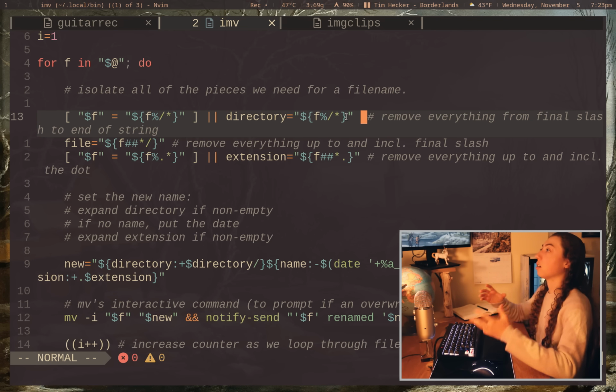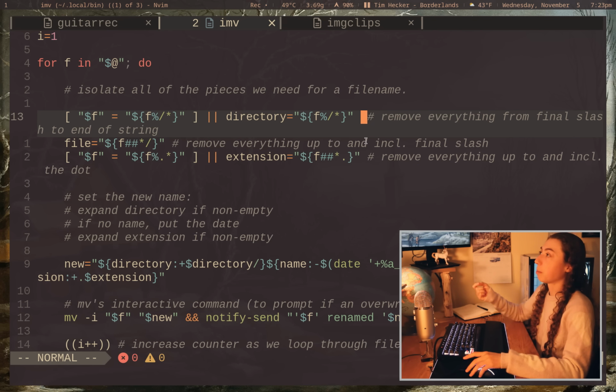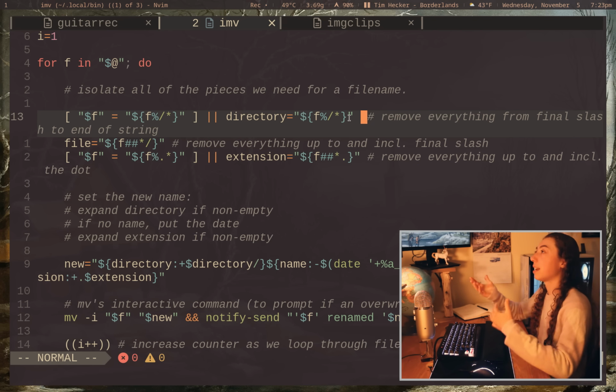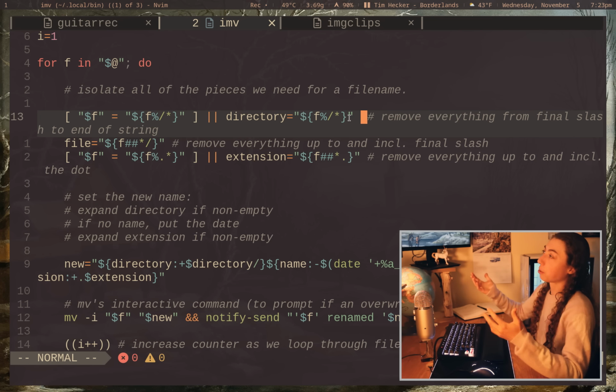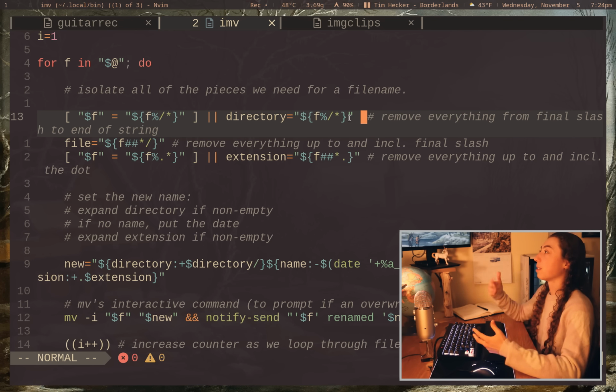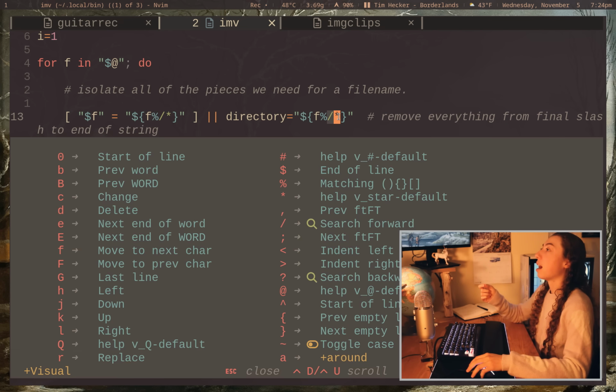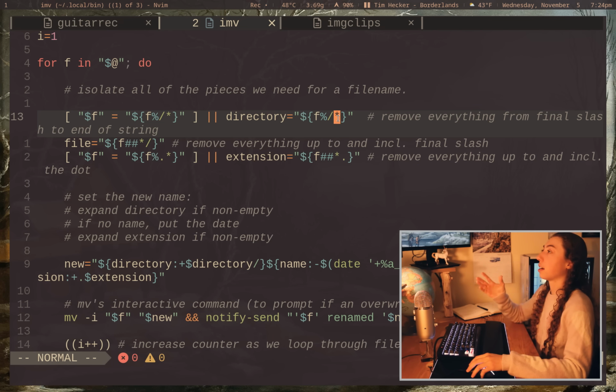And of course, there are direct commands to do this instead of doing this all with shell string manipulation. But this was, I guess, mainly an exercise just to see what I could do in terms of learning the shell string manipulation. But I'm sure it's easier to just use actual commands instead of doing all the string manipulation stuff. But anyways, essentially what we're saying is remove everything after this slash, so slash and then star. Remove everything after this slash to the end of the string from the f that was passed in from this